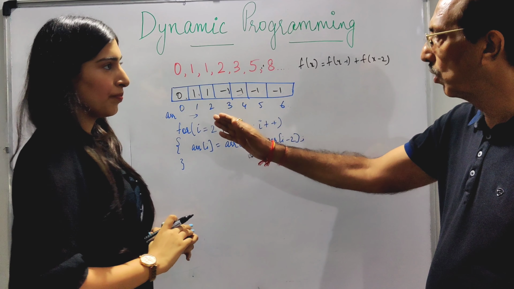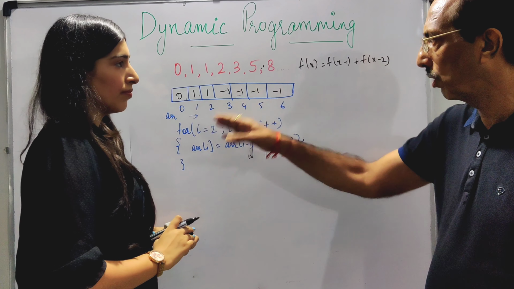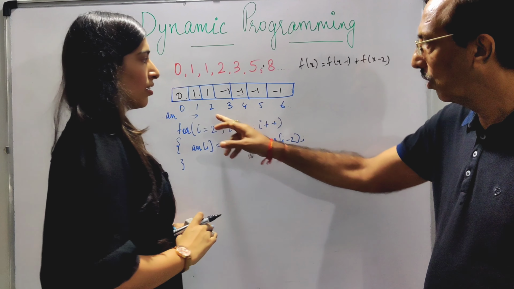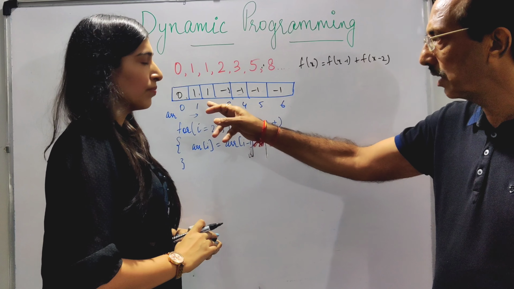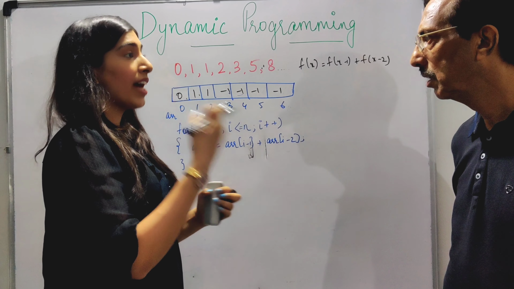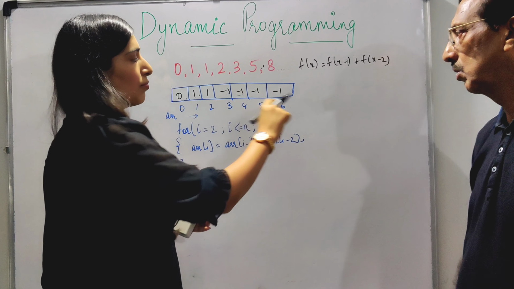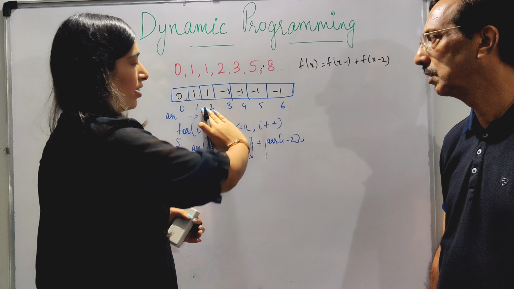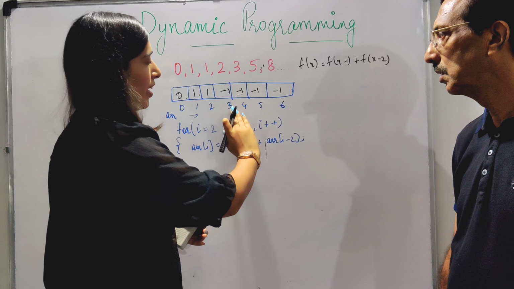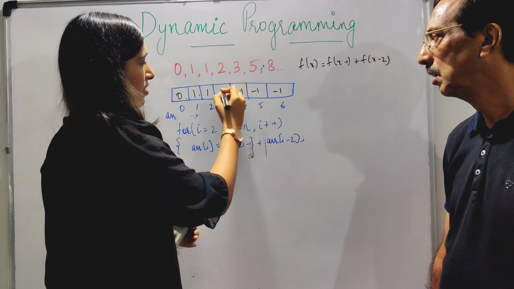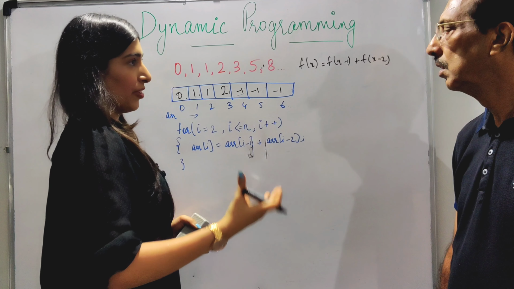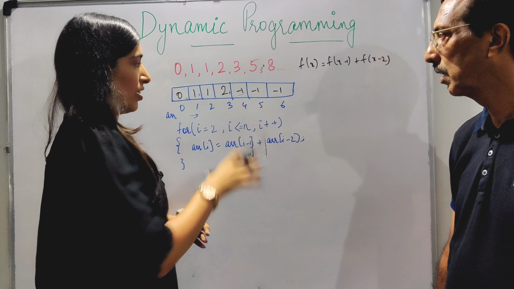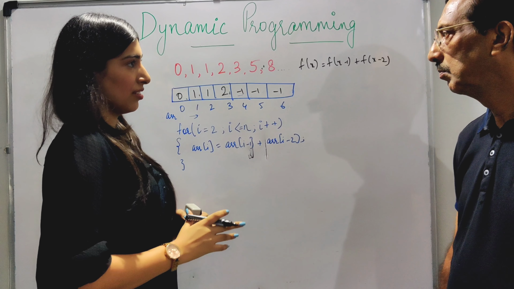While going from top to bottom, we are not storing it here. Only when we come to some end, then we start storing. Only when you are able to calculate a value, you will be able to store it. But for this, you have to calculate this, then you will end up calculating this. The point is that you will not calculate it again. You will store the value. Clear? So this is called memoization.